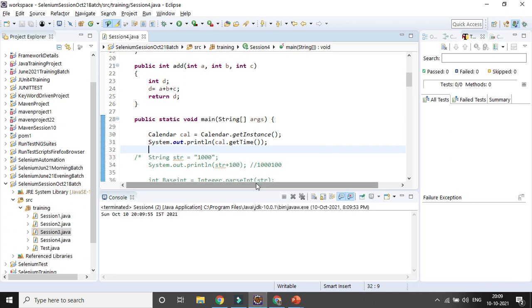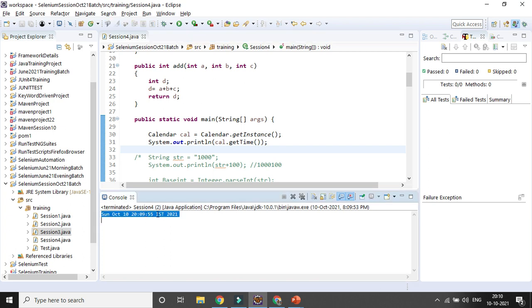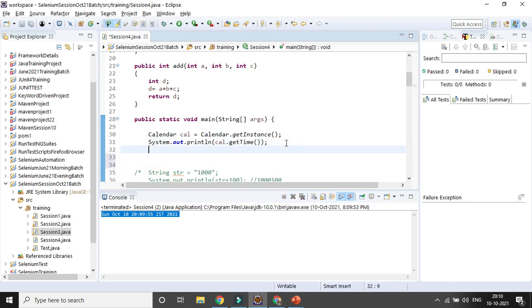You can see Sunday, October 10, 8:09:55 IST 2021. That is giving you all the times. But if you want to get only the year or month, you can get it.